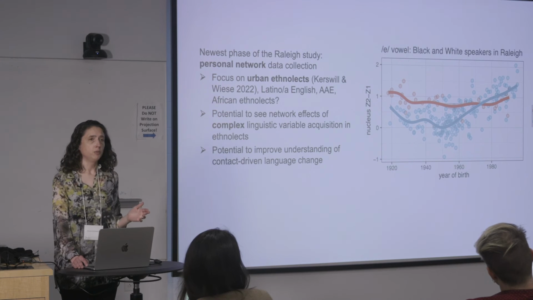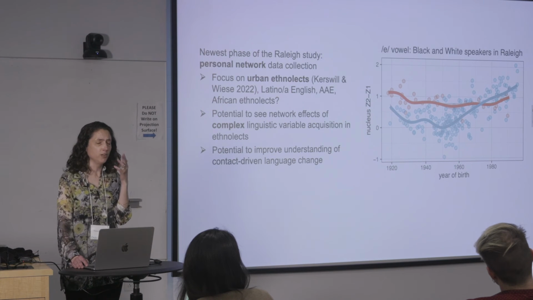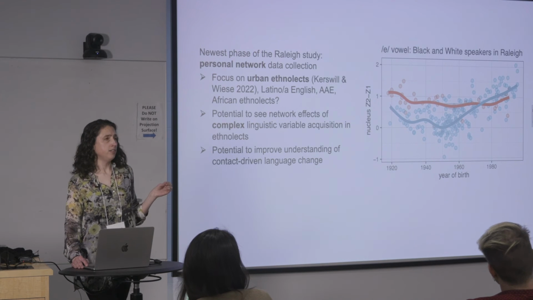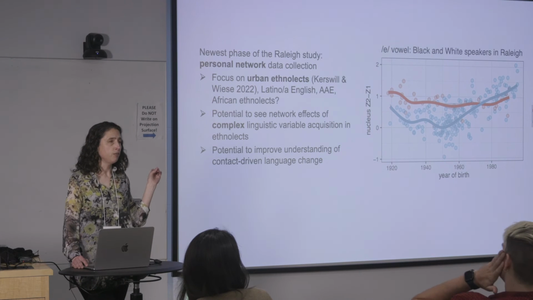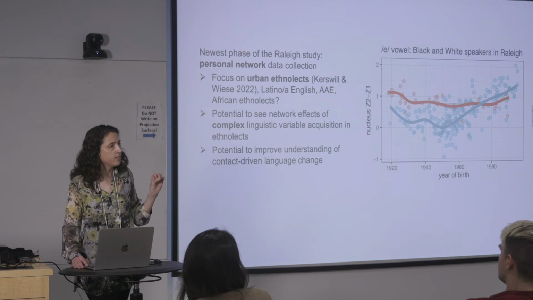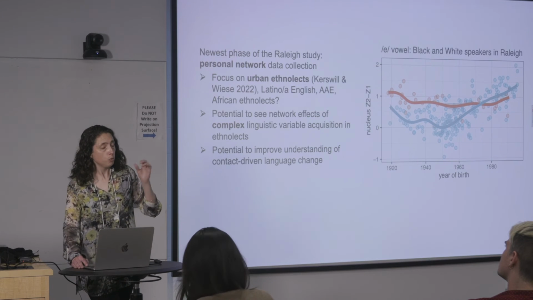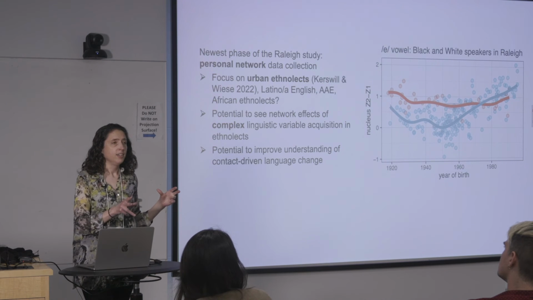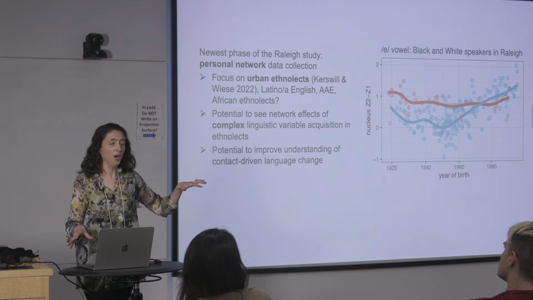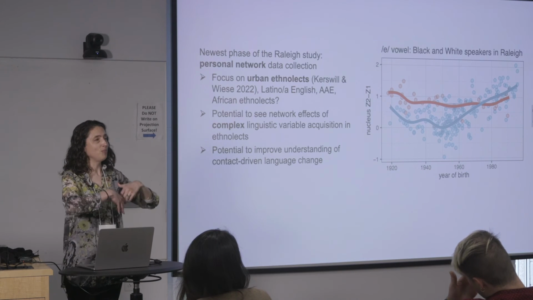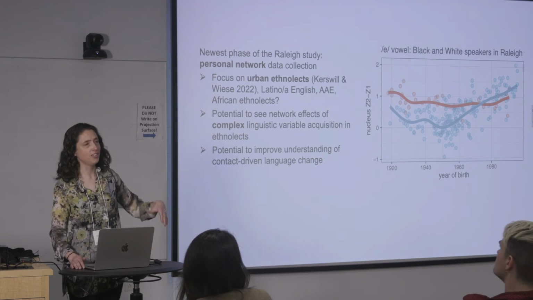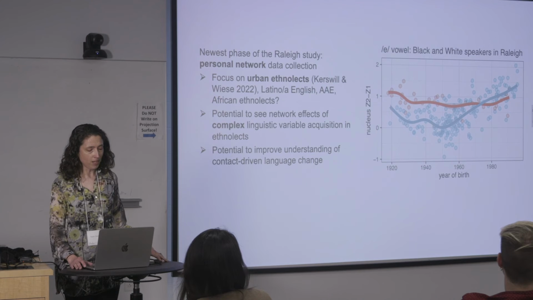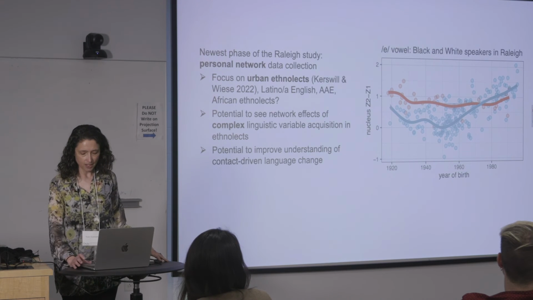Now, how is that possible? They have some other Southern features. We don't know how it is that copula absence is maintained in African American English so well. We don't know how it is that black speakers and white speakers can exist side by side in a city for centuries and have completely different vowel systems. So that's something to look into. And then meanwhile, there are these emerging ethnolects that are big in Raleigh, like Latino English and so forth. So I think there's a lot of potential here to use network methods.